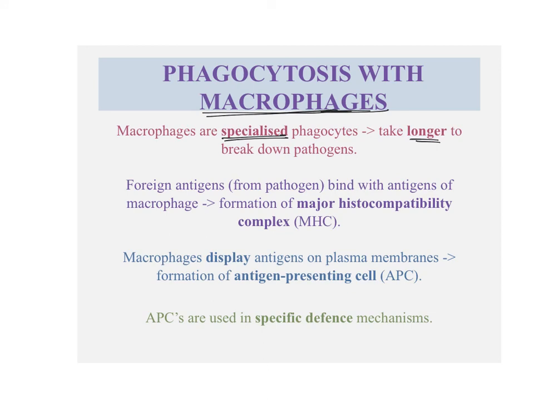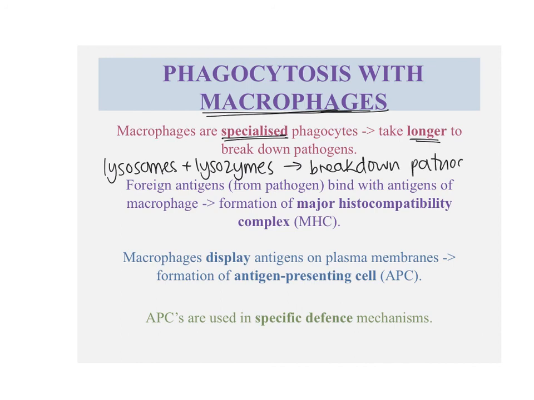So what they're doing is they're not working to break down all of the pathogen and then just dissolve it into the cytoplasm. Instead, what they're doing is they're doing the hydrolysis. They're using those lysosomes and the lysozymes to break down the pathogen. But then they're taking the pathogen antigens, so the proteins that we've broken off of the outside of that pathogen as we've digested that cell, and they're going to incorporate them or bind them to the